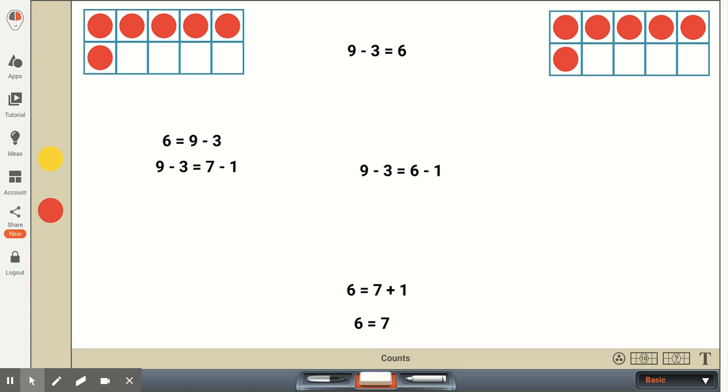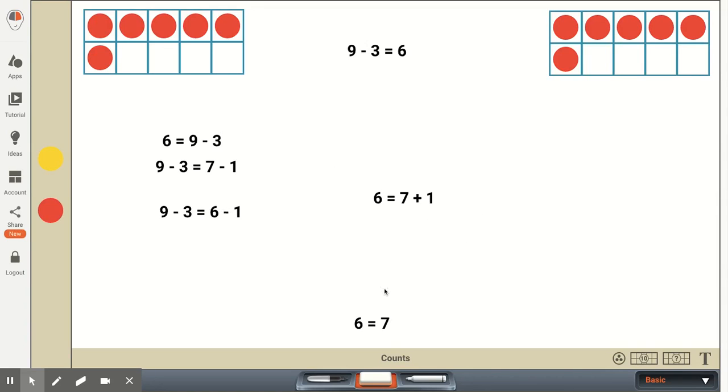Now, once again, many first graders may consider this a true equation because they're looking at the 9 minus 3, knowing that that's 6, and they're only looking at this 6 right after the equal sign where it says 6, and they're not looking at the entire amount on the right side. So if your first grader says that this is a true equation, they need to be reviewing the operations that are on both sides of the equation and come up with the total value on the left side of the equation and the total value on the right side of the equation.